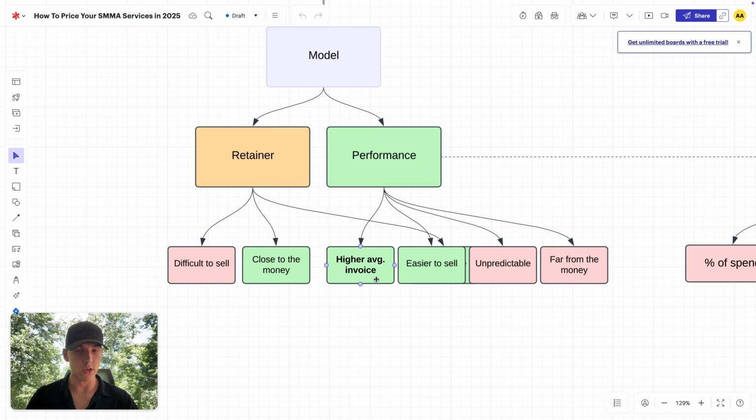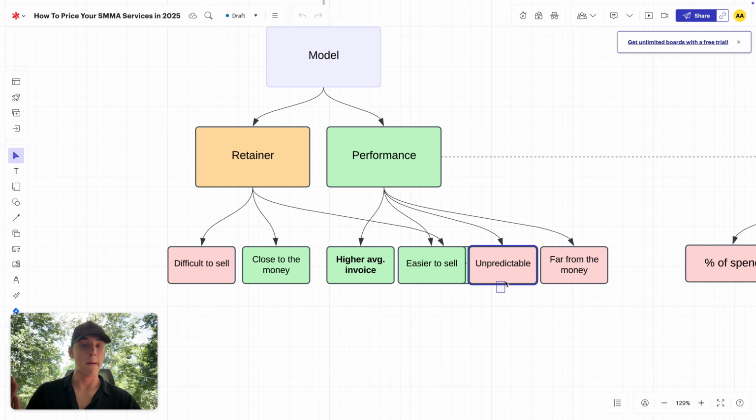If you deliver a better service, you get paid more, and clients are completely okay with paying you 7, 8, 9K a month for managing their ads on a single platform if you earn them 80, 90, 100K a month. So it is much easier to charge a higher average invoice, especially in the beginning. Because of all of these reasons, I always recommend agency owners below 25K a month to start with performance, because these 2 points, having a higher average invoice and making it easier to sell, is much more important to you